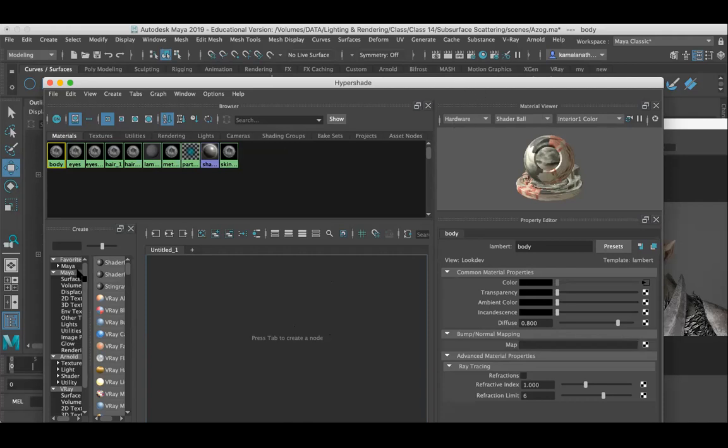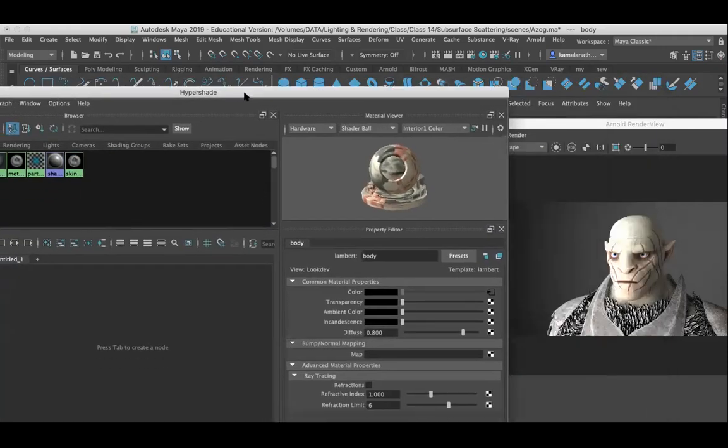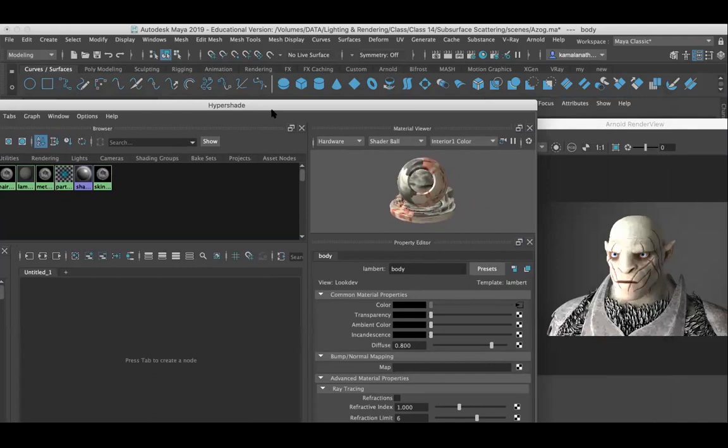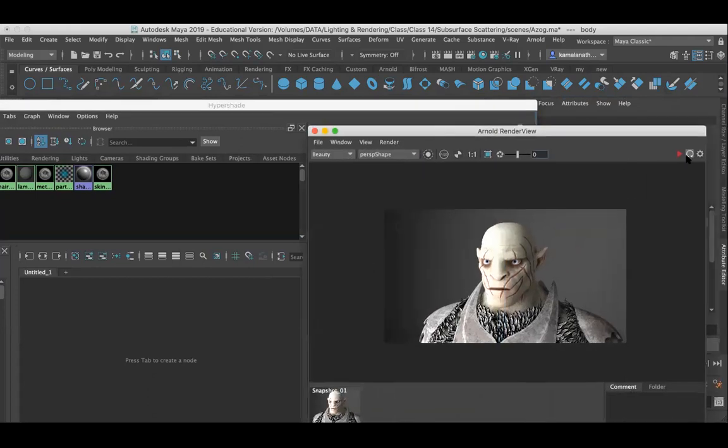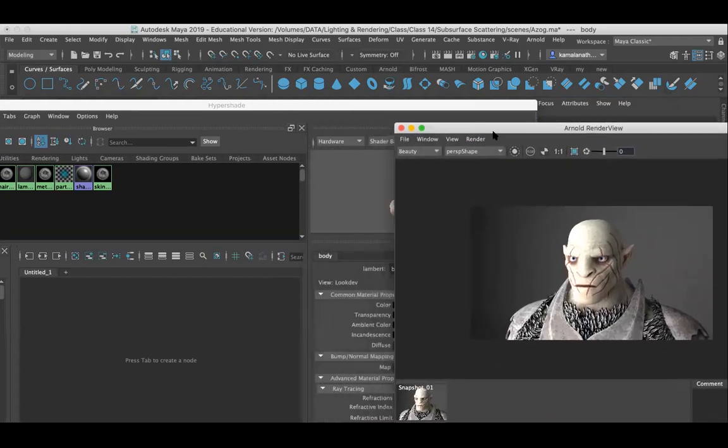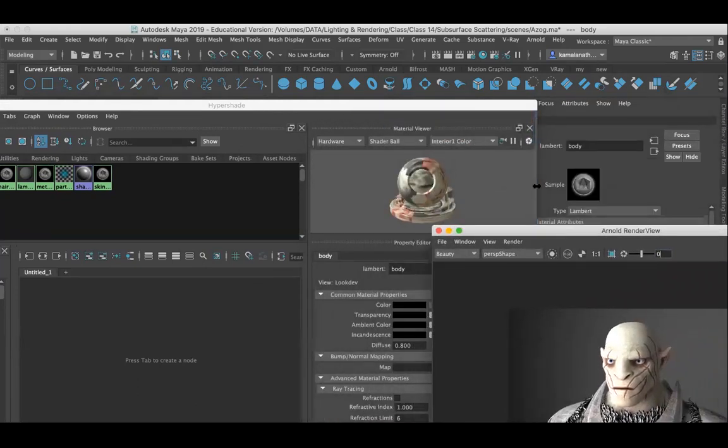Whatever material you can see here, these all are nodes. In Photoshop, whatever you are working with is layer based, layer-based software. And here it is node-based software.